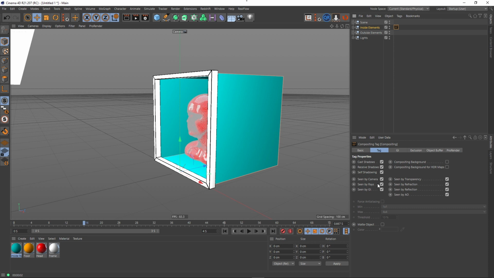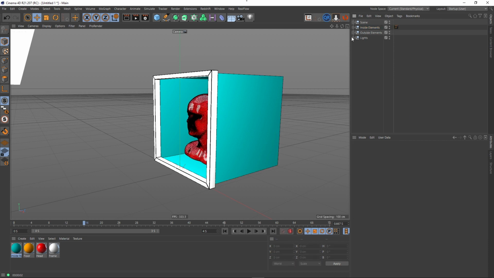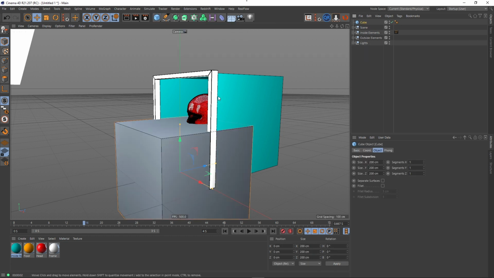We can say, okay, does it cast shadows? Is it seen by the camera? And all that kind of thing. And what I ended up doing was utilizing this seen by transparency. I thought, okay, what if we say it's not seen by transparency, the inside objects? Well, then I'm probably going to need a transparent object. So what I'm going to do is create another box, and I'm going to have